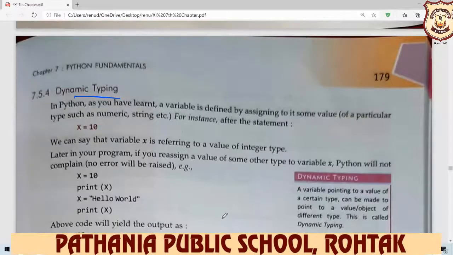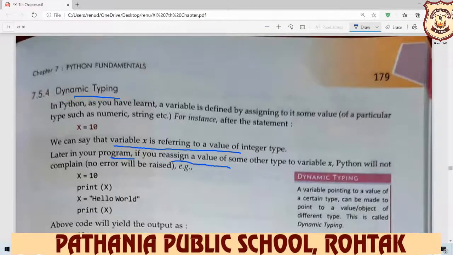Now dynamic typing. In Python, as you have learned, a variable is defined by assigning to it some value of a particular type, such as numeric, string, etc. For instance, after the statement x is equal to 10, we can say that variable x is referring to a value of integer type. Later on, if you reassign a value of some other type to variable x, Python will not complain and no error will be raised. x is equal to 10.